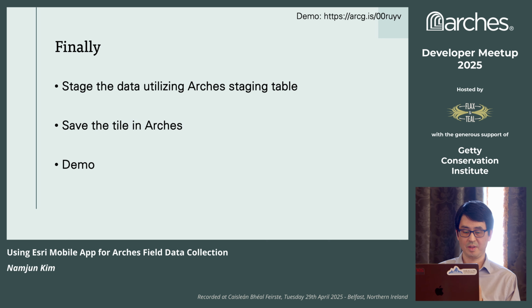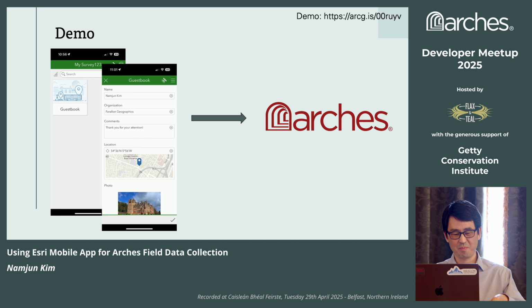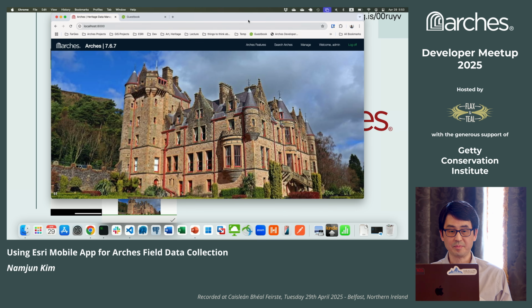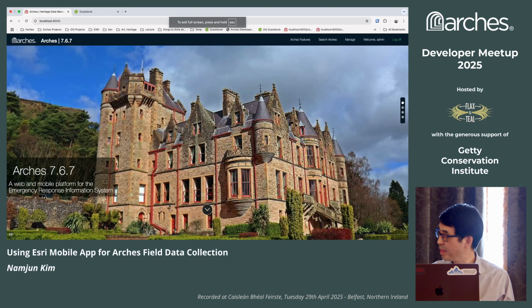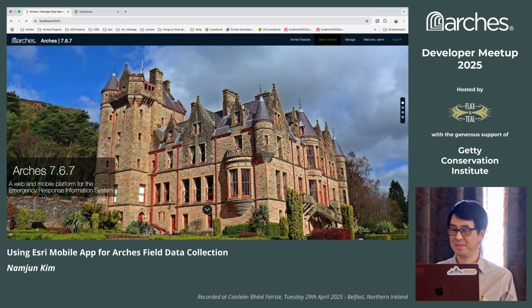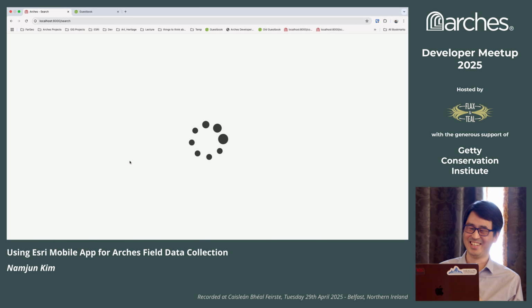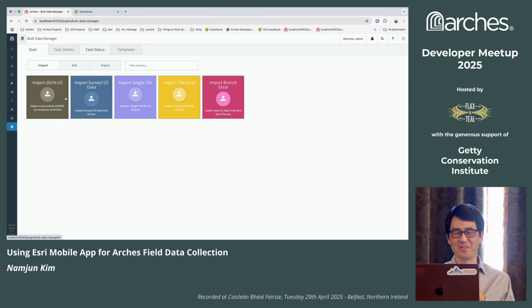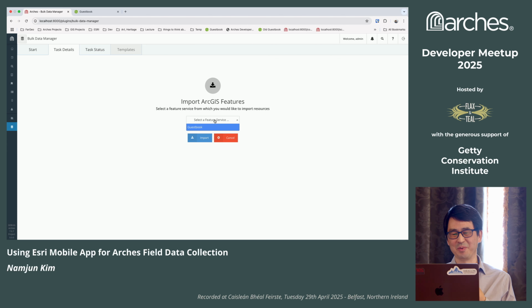So am I going too fast? I think I am. But let's see, I can do this. Okay. Nothing in it yet. I only have one project, so it's a guest book. And then if I import it,